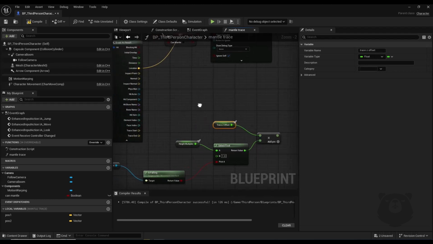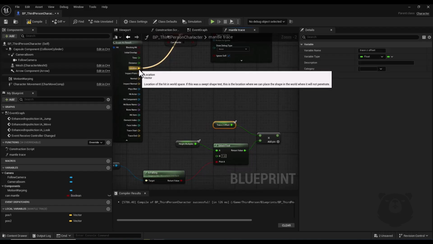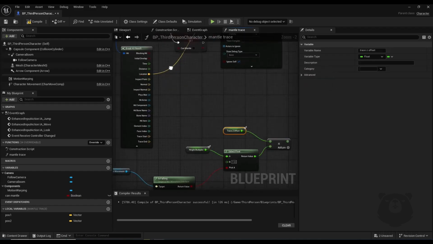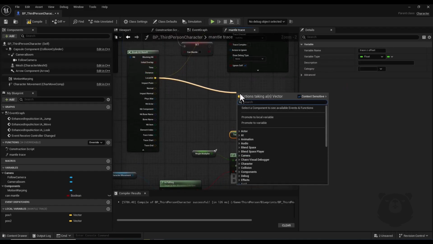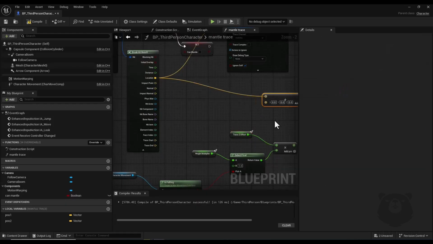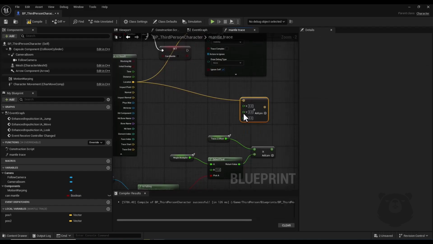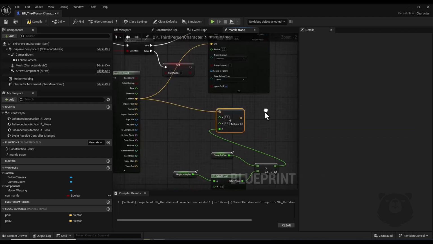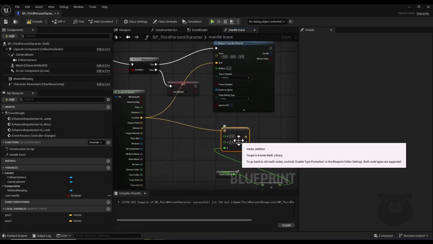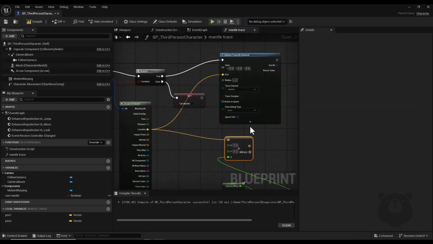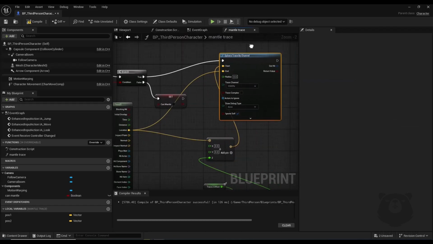And now from this location of this briquette result, I drag a node and add vector node, and here I right click on this input and click on split extract pin, and here I connect this multiply node to this Z of this vector. Alright, and now I connect this add vector to a start point of this line trace